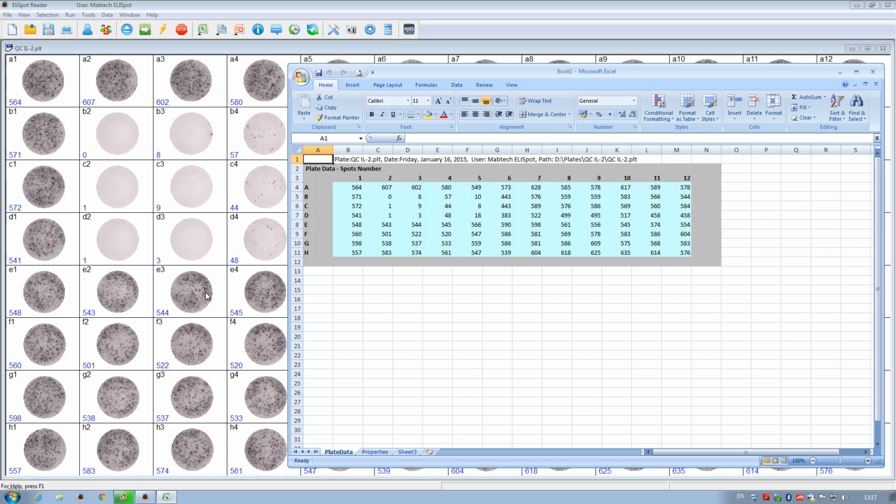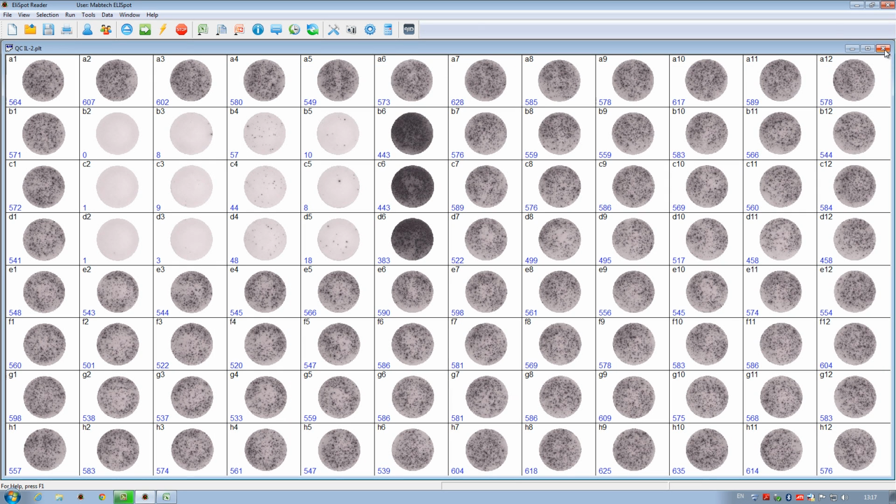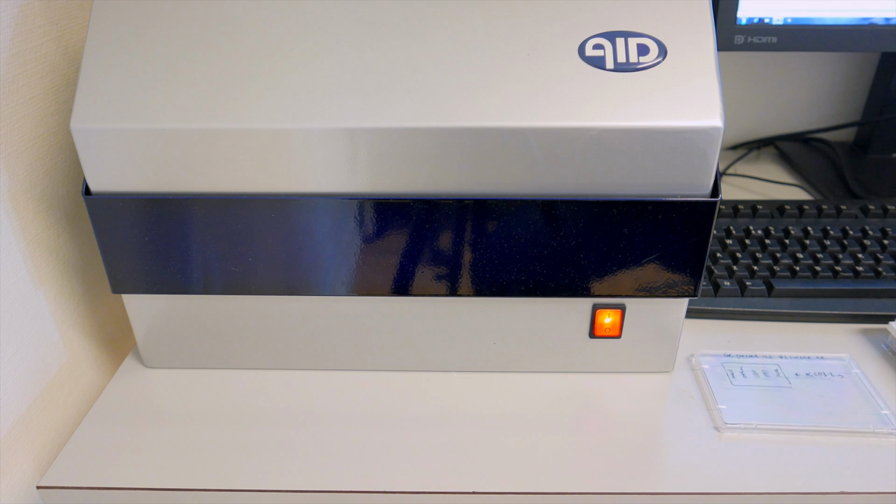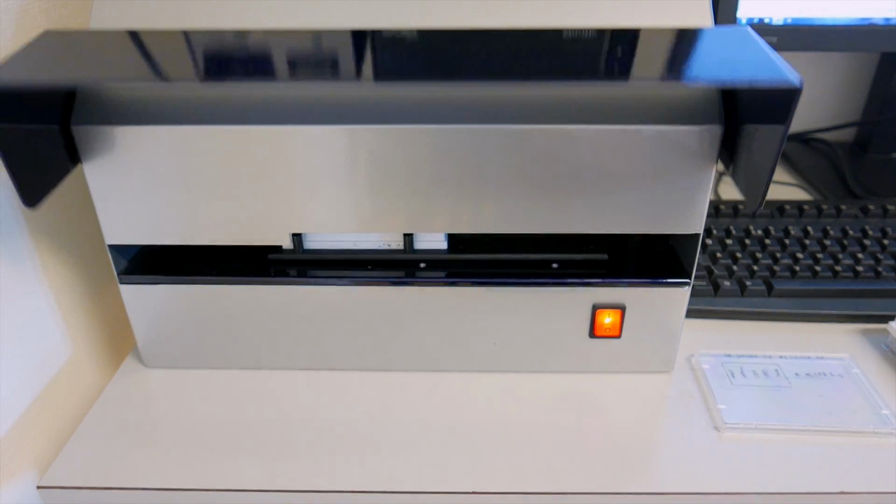In about 2 minutes total, we have read, counted and exported an entire 96 well Elispot plate. This is how Elispot reading should work, always. Let's minimize the Excel file and close this plate down. No worries, it is safely saved on the hard drive. If not, the software would have prompted us with a warning. By pressing the eject button, the IL2 QC plate is ejected and we instead load the white Interferon gamma plate